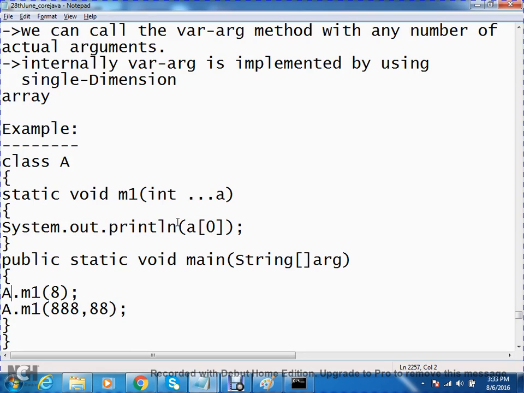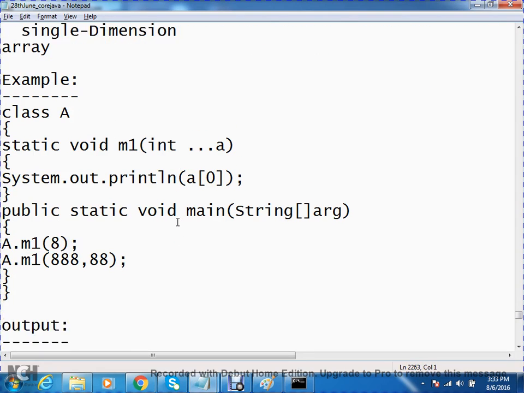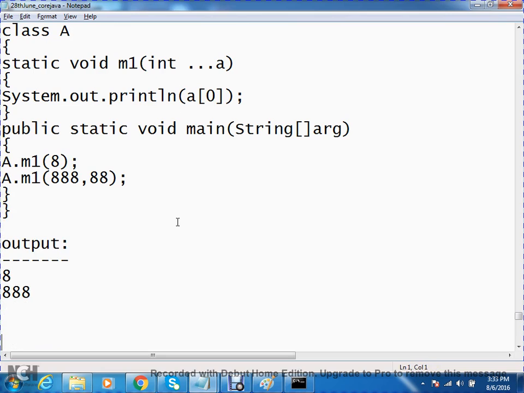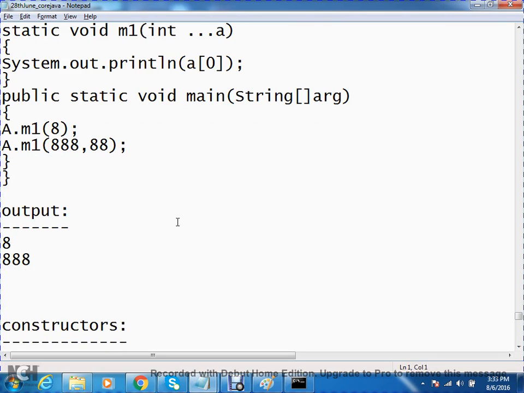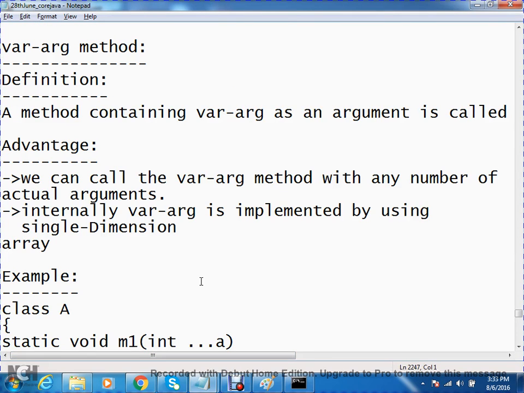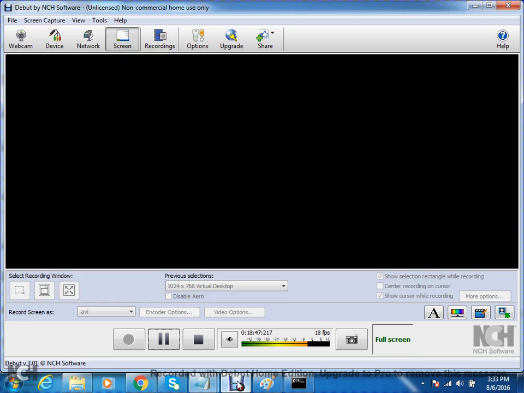Now what will be the output? 8. I'm not using any. Still here, this is your var-arg method. So what is the main advantage of a var-arg method? You can call that method with any number of actual arguments.